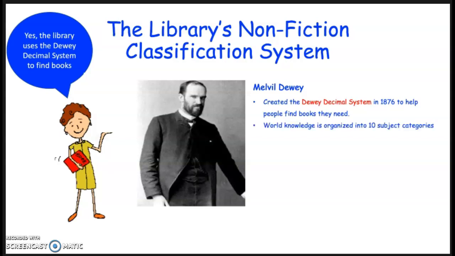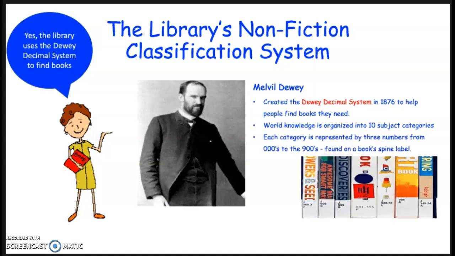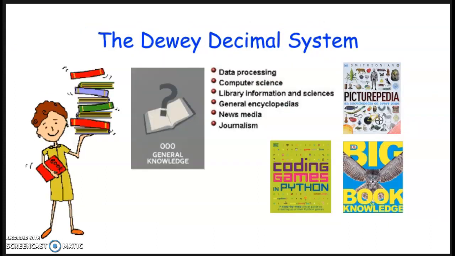The world's knowledge is organized in 10 subject categories, represented by 3 numbers starting with zeros to the 900s. You can find the category numbers on books' spine label here. So what are the 10 categories? The categories beginning with the zeros is general knowledge,